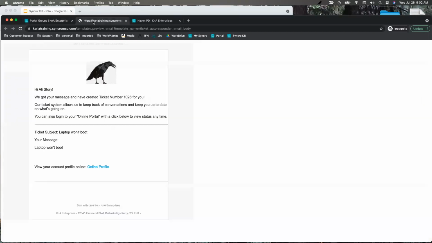Why this is important, we're going to hop back to this email. Almost all of our email templates have this line on it. So what this means is I'm going to send out this email when somebody gets a ticket created for them. And again, it's in a lot of the templates, so it's not just the autoresponder on new tickets. And this online portal link, if they click it,